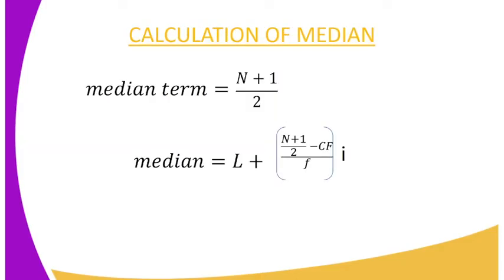On to the calculation of median, there are two very important formulas that you are supposed to understand. The first one is how to calculate the median term, and n represents the total frequency or summation of frequency. And the second formula is the median. How do we calculate the median? Median is equal to this formula, where L represents the lower class limit of the median term, and small f represents the frequency of the median term, and CF represents the cumulative frequency above the median term, and lastly